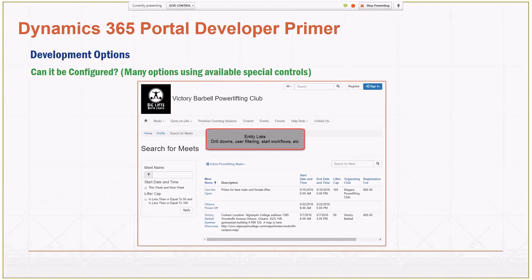Could we do this in a business rule? Not always the case. Sometimes plugins, and believe me, I'm a big proponent of development, plugins make the most sense, but then sometimes you realize, yeah, we could write a plugin to do this, but for this particular business case, a workflow will work just as well. And of course, with those configuration options, you can achieve a lot of your business requirements.